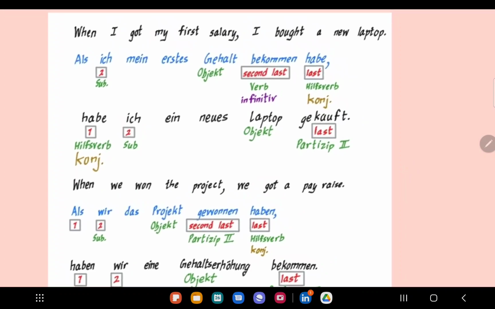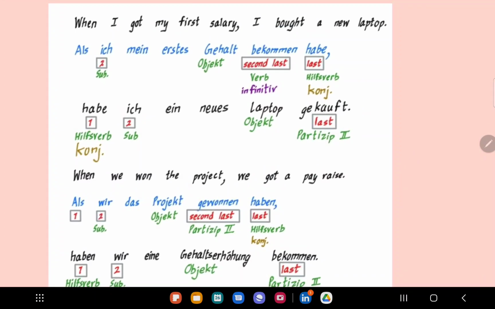In the next one, the sentence is I bought a new laptop. If there was just this sentence, I bought a new laptop, starting after a full stop, you would have said ich habe ein neues Laptop gekauft. But here, because it is after a comma, the verb will be at the first position and the subject will be at the second position. So you need to change the position of the subject and the verb. Check, this is the helping verb conjugated for what? For this subject, which is ich. Ein neues Laptop gekauft.